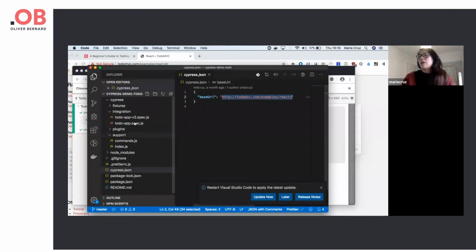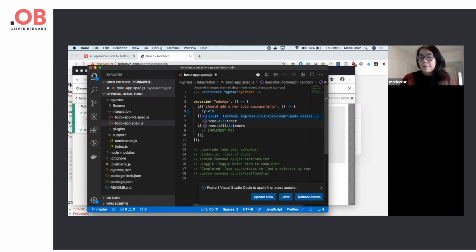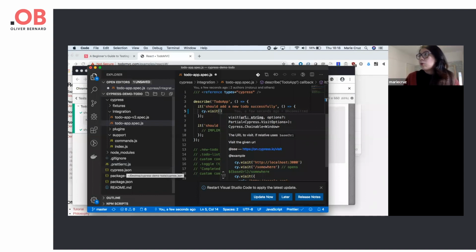Cool. So I'm just gonna open this file, and I've added some notes here already just to help me find out all the different selectors, so it's easier for everyone to see. But basically, the first thing that we need to do is visit the application. So if we type cy.visit, the good thing here is that it has automatic IntelliSense built in already. And this is achieved by adding this line of code here: reference type Cypress. Since we already declared our base URL in cypress.json, we don't have to type the full URL. All we need to do is type /